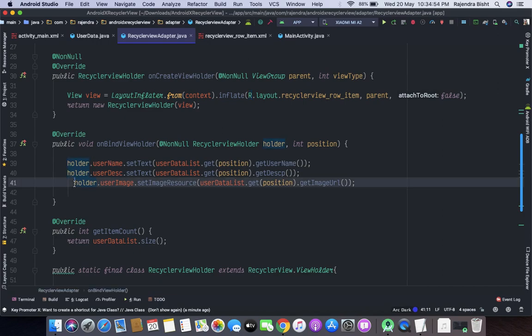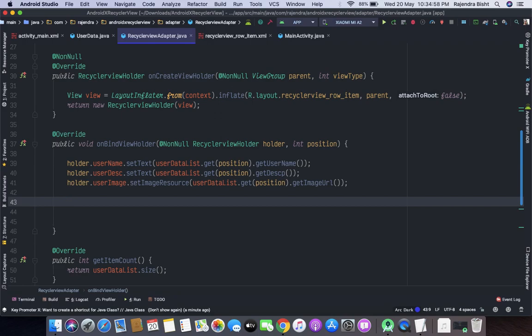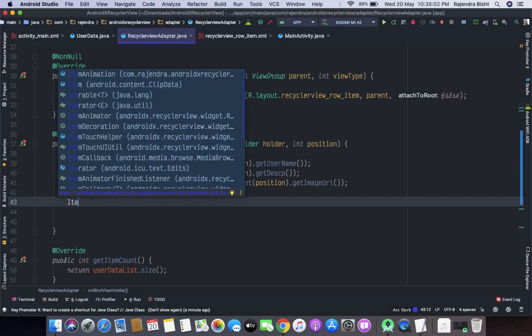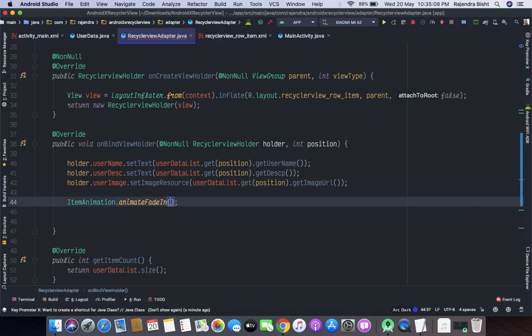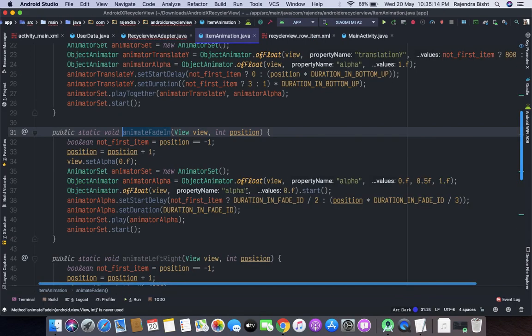So let's add the animation. So here, item animation dot, let's try the first one, fade in animation. We will pass the view and the position of item.